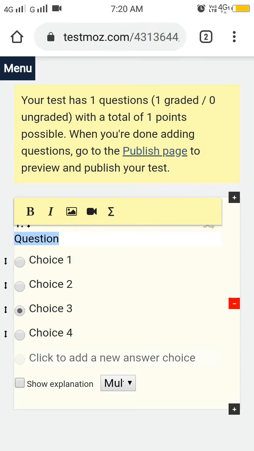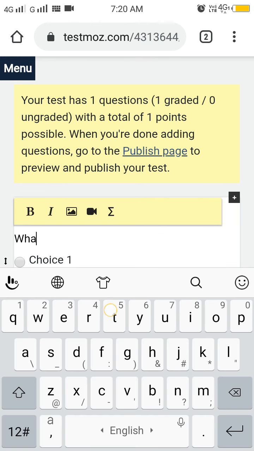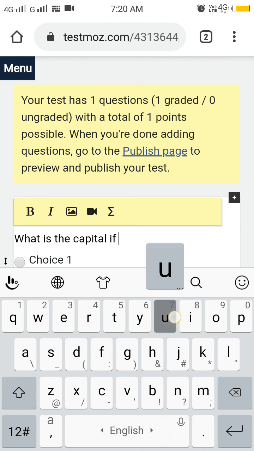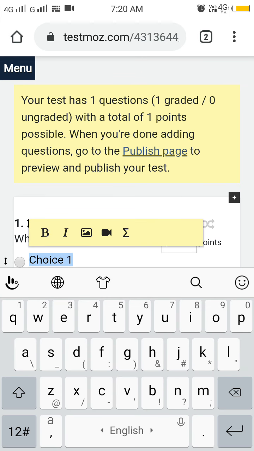Like this way, here you have to type the question, say what is the capital of India. Okay, now when you click on options, you can write, say Delhi.